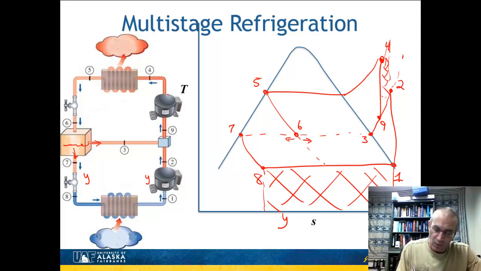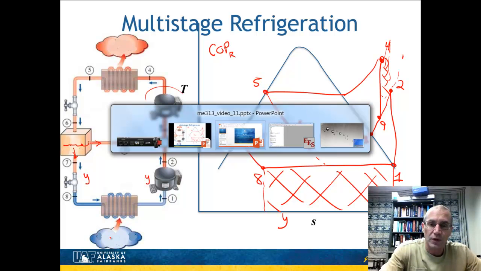And that we don't need to weight by Y because that's going to be all done at the high stage compression. So again, we'll find out the coefficient of performance for this cycle tends to be better than it is for a single stage vapor compression refrigeration. So I'm going to go ahead and again, I'll do the example in the book, but I'll do it using